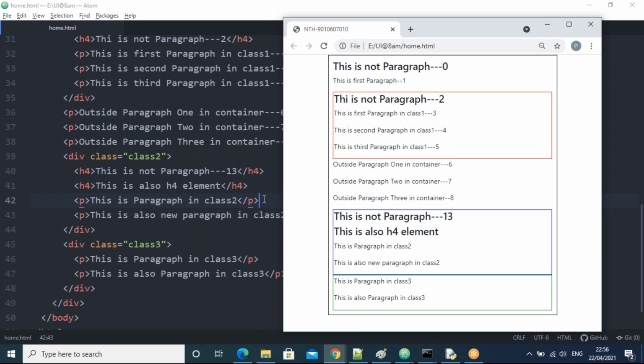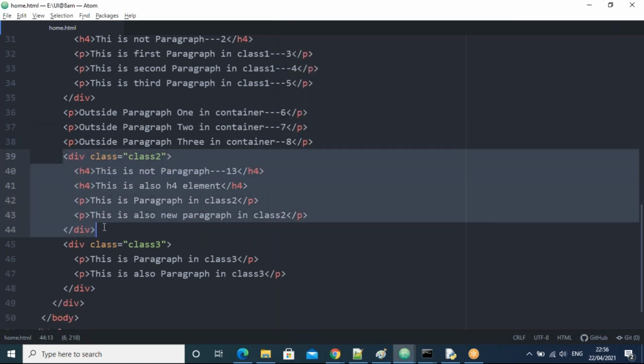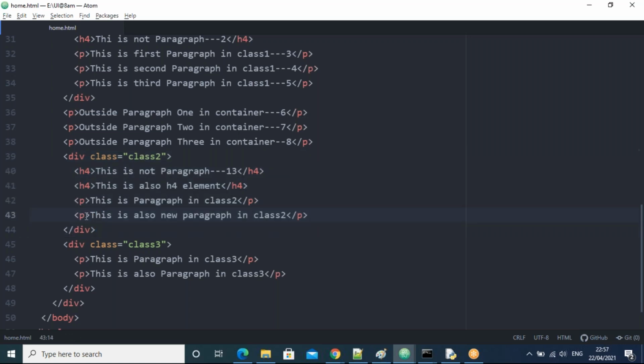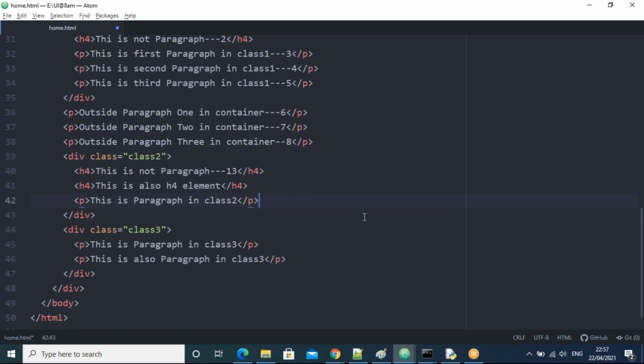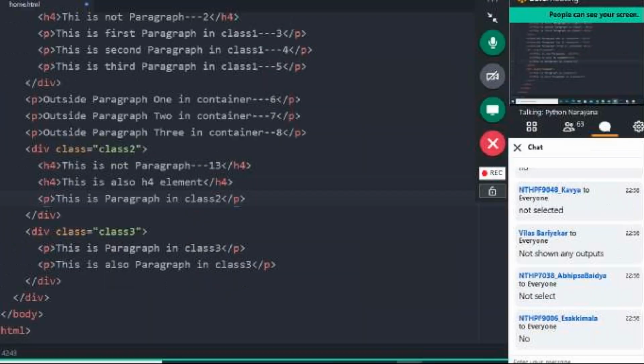This means in the entire family, there must be only one paragraph, and the remaining can be any elements, guys. In this entire parent, only one paragraph must be there, and the remaining elements are also possible.